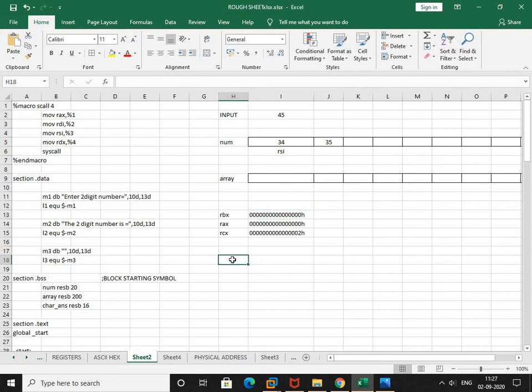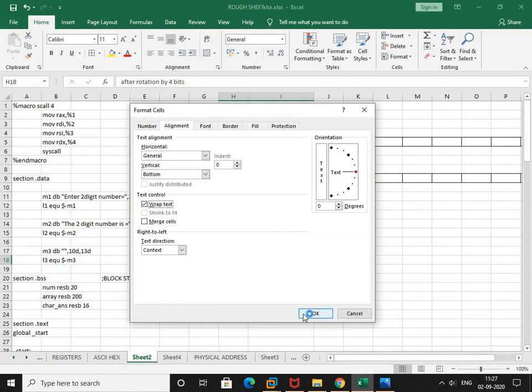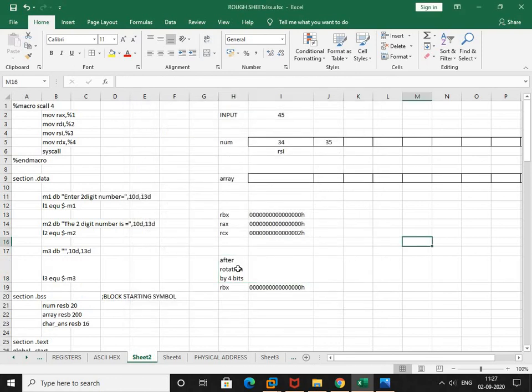So after rotation by 4 bits, you will get all zeros, right?